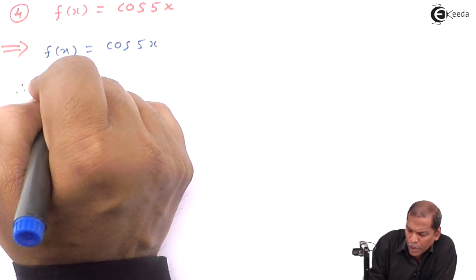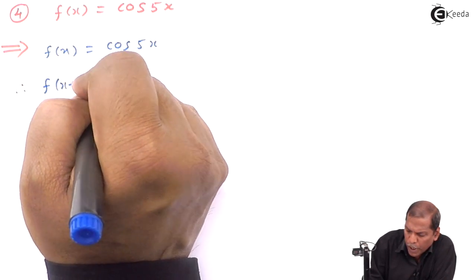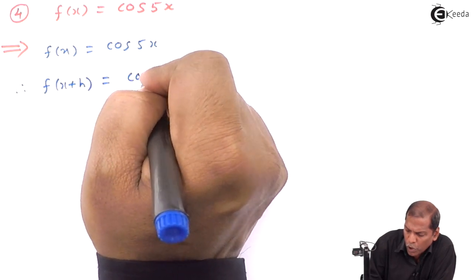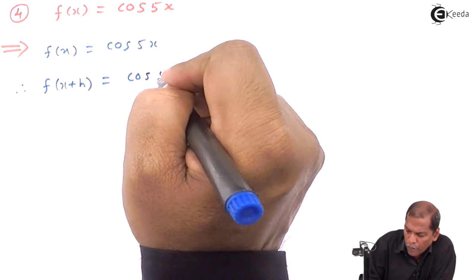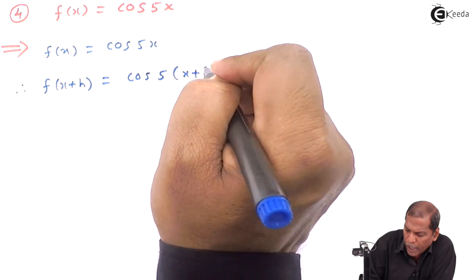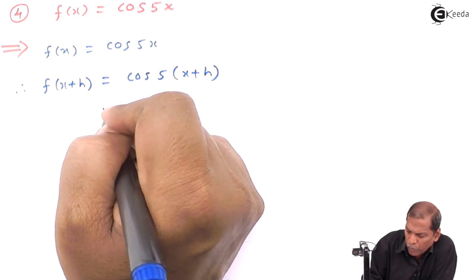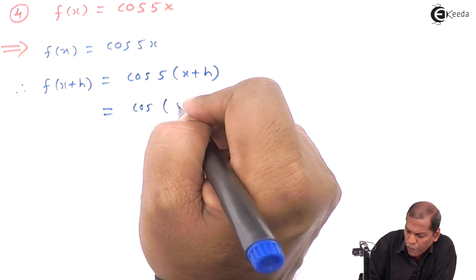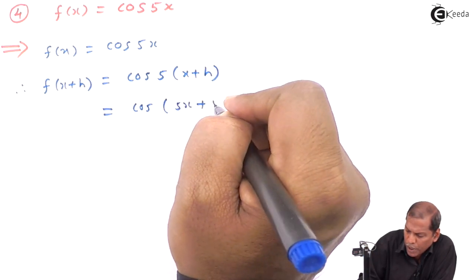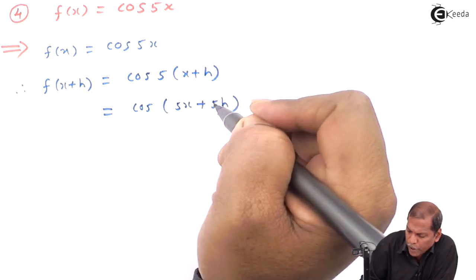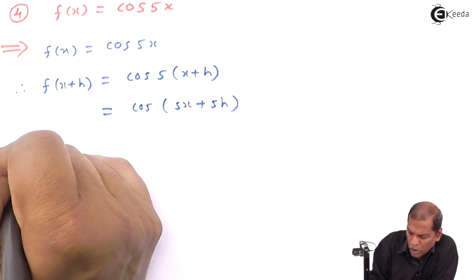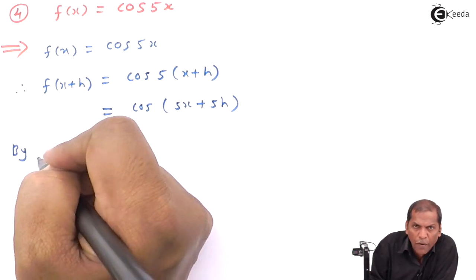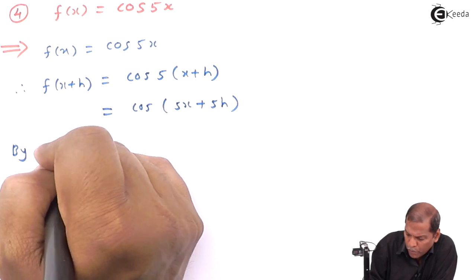Therefore, the next step is f of x plus h is equal to cos of 5 in bracket x plus h, which on simplifying further we get cos of 5x plus 5h. Then by the first principle of derivative,